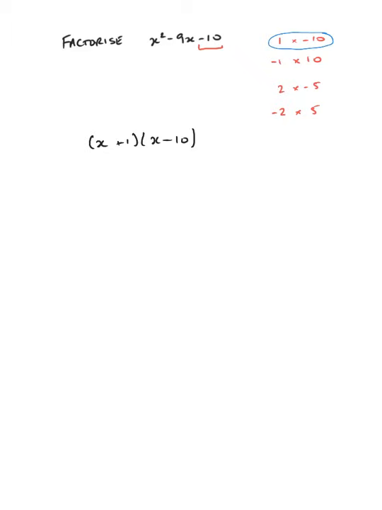And of course you can multiply back out to check. So I get x squared from there, minus 10x, plus x, minus 10. So that's going to give me my x squared minus 9x minus 10. This one here, x plus 1, x minus 10. So if we had to solve this one, we didn't have to because it just said factorise, but if we had to solve this one, x would be minus 1 and x would be 10. What we're looking for, if we had a graph,